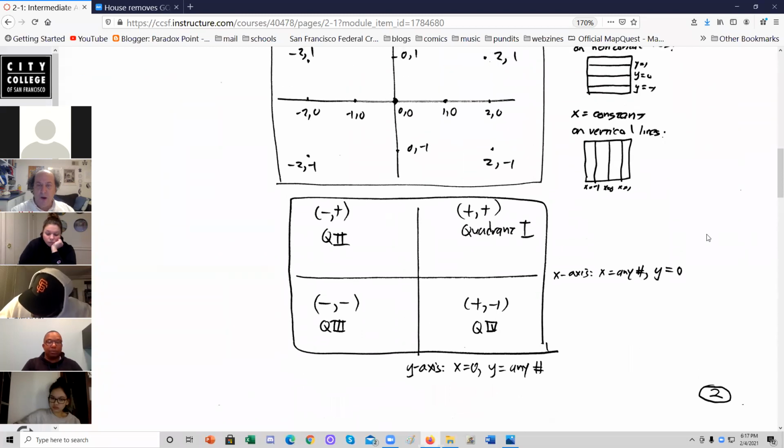There are what are called quadrants, corresponding to each of the 4 quarters of the plane that these 2 lines divide it into. Every point in this one, quadrant 1, has coordinates plus by plus. Here in quadrant 2, Roman numeral 2, it's to the left and up, so it has coordinates minus by plus. Here in quadrant 3, it's left and down, so it's at coordinates minus by minus. And